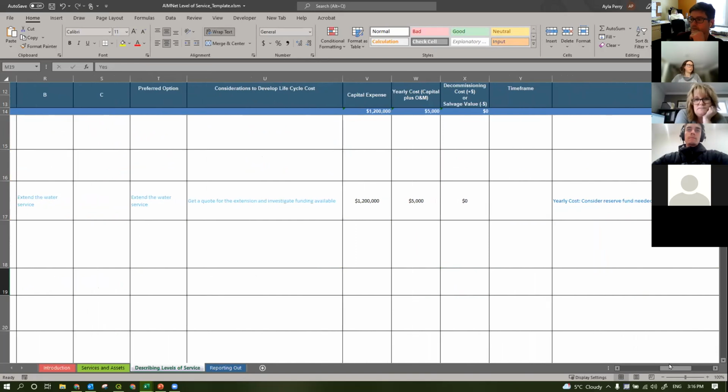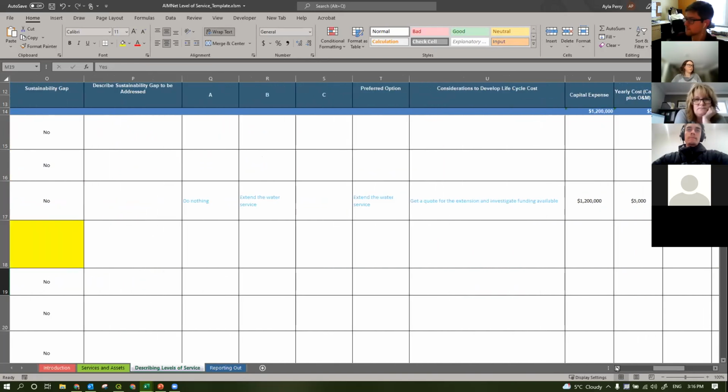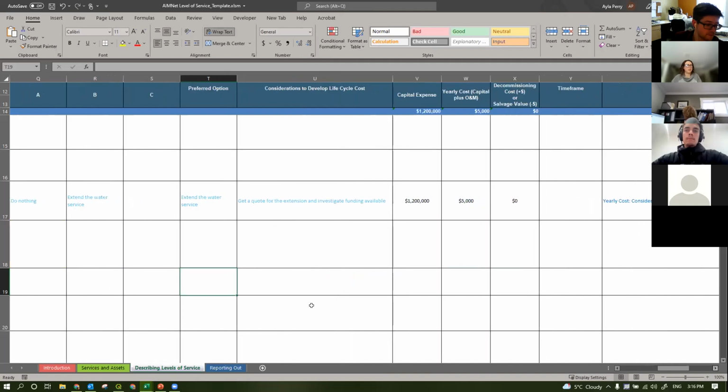And then you can work through the remainder of that column to identify some options that would help you address that gap. So you could specify do nothing. You could specify adding in PRV chambers or booster stations or conducting a study. And then of all of those options, you would specify your preferred one and any associated life cycle analysis for that project